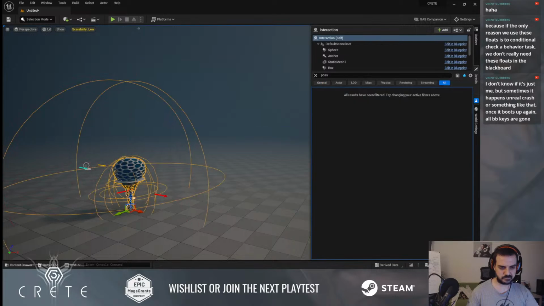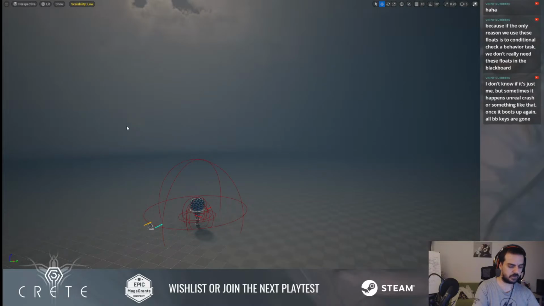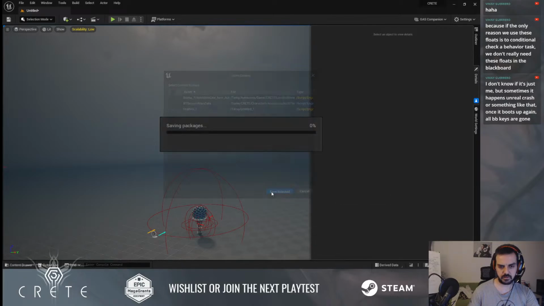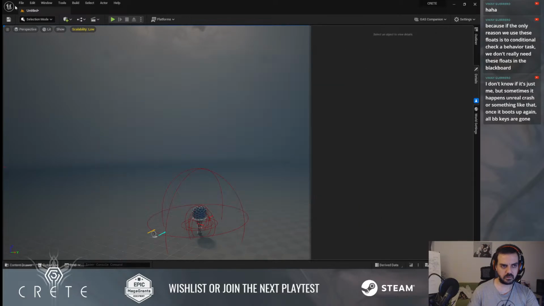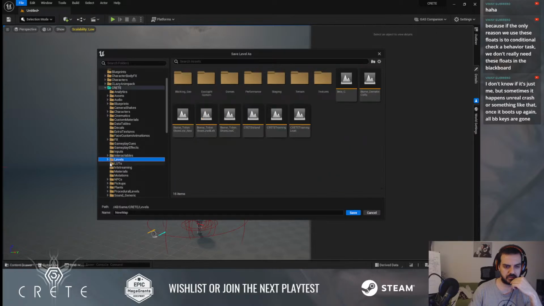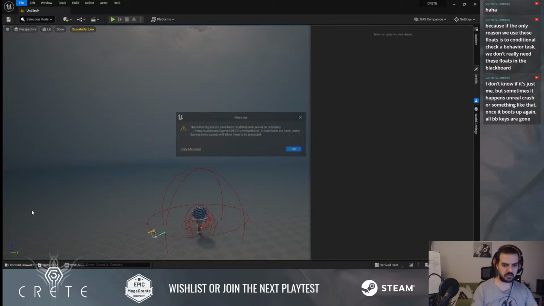I think I broke it. Save. I want to save this level inside Crete, levels, staging, Crete staging. It's going to be my new